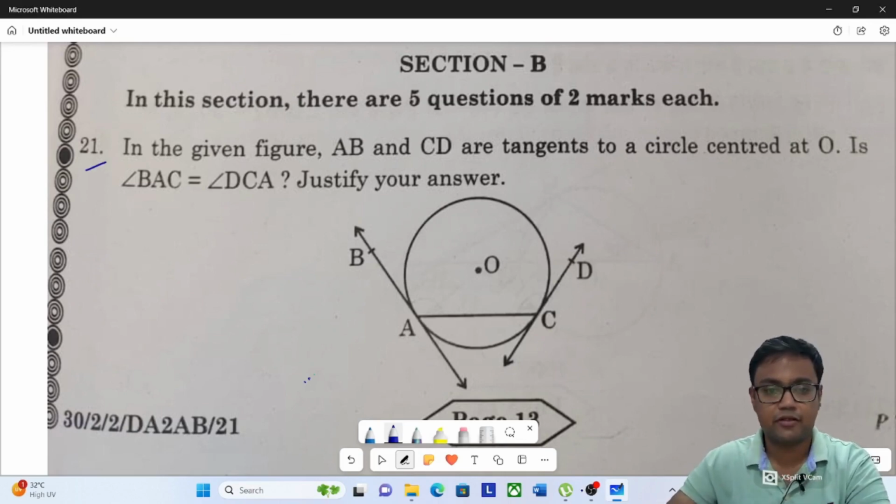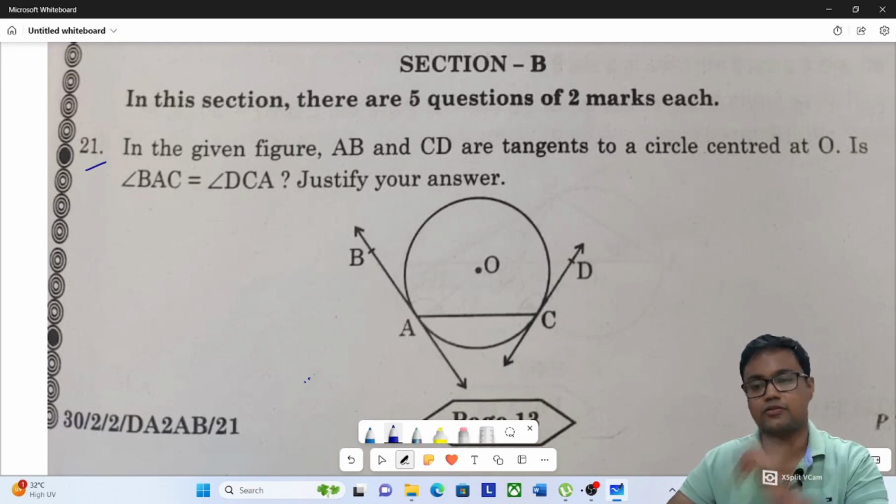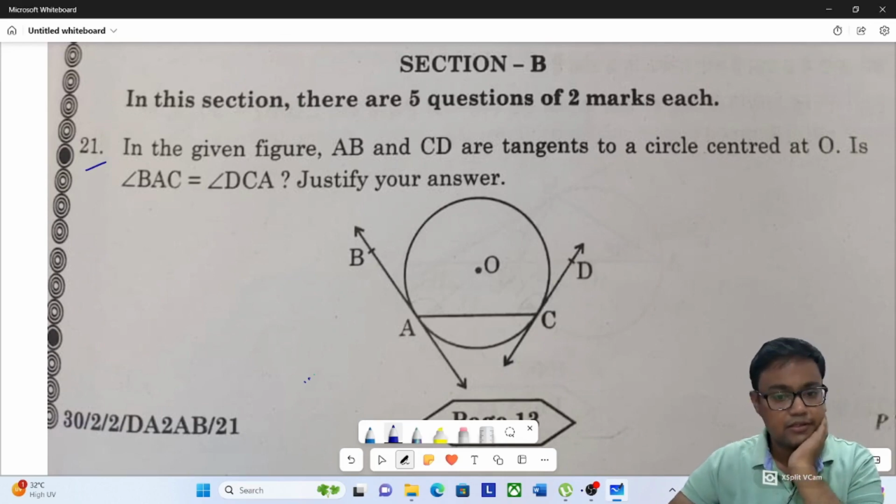In this given figure, AB and CD are the tangents to the circle centered at O. Is angle BAC equal to angle DCA? And if it is so, then you need to give the explanation for it. So I need to show this angle BAC equal to angle DAC, and in order to show this, I will